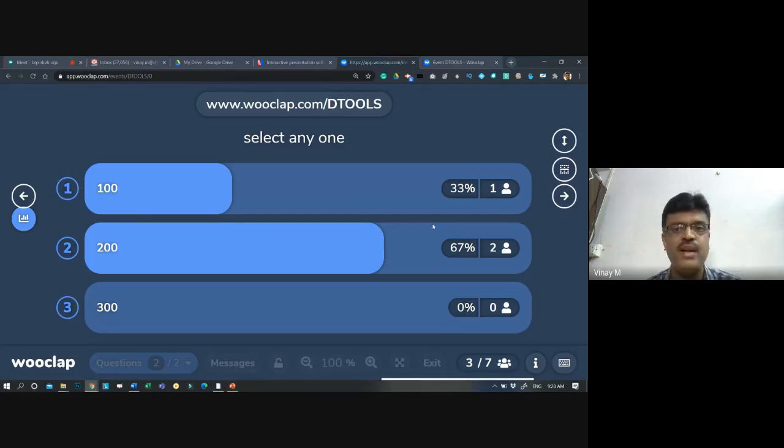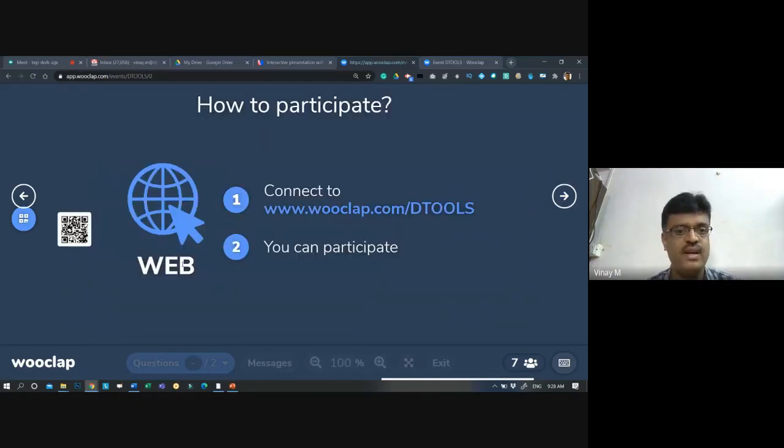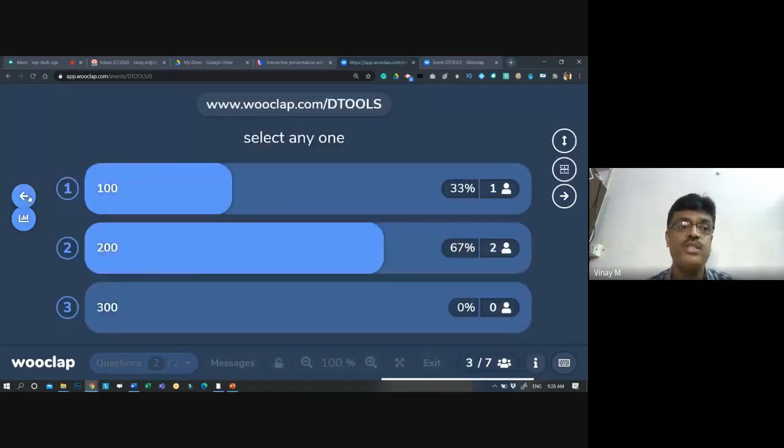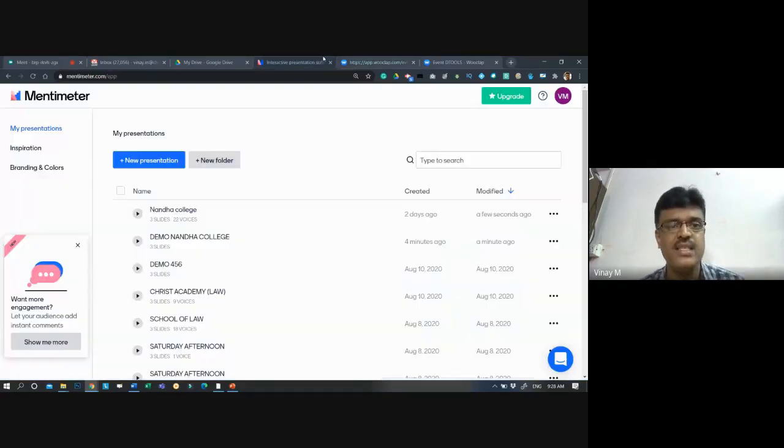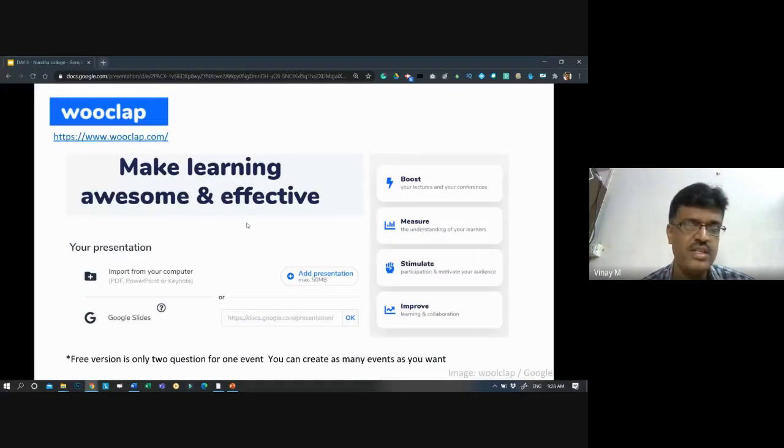It is almost the same, but the way we conduct it and the way we do it differs. Only 2 questions per day. In between the classes, when I would like to ask, this tool is more useful. You can use it with this WooClap, similar to this, or any other tools can be used. That's what everybody wants, like a digital tool. You should know the purpose.